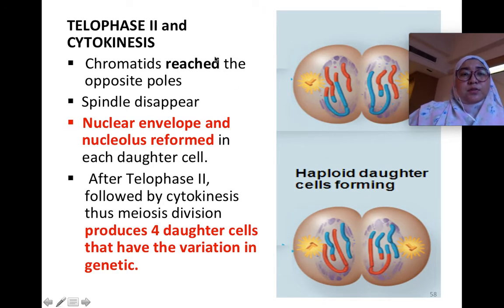And then proceed with telophase 2 and cytokinesis. Chromatids reach the opposite poles and the spindle will disappear. So bila dah sampai dekat opposite poles, spindle fibers pun akan hilang balik lah sebab fungsi dia dah selesai. And then the nuclear envelope and nucleolus will start to reform in each daughter cell. After telophase 2, it is followed by cytokinesis. Thus, meiotic division will produce 4 daughter cells that have variation in